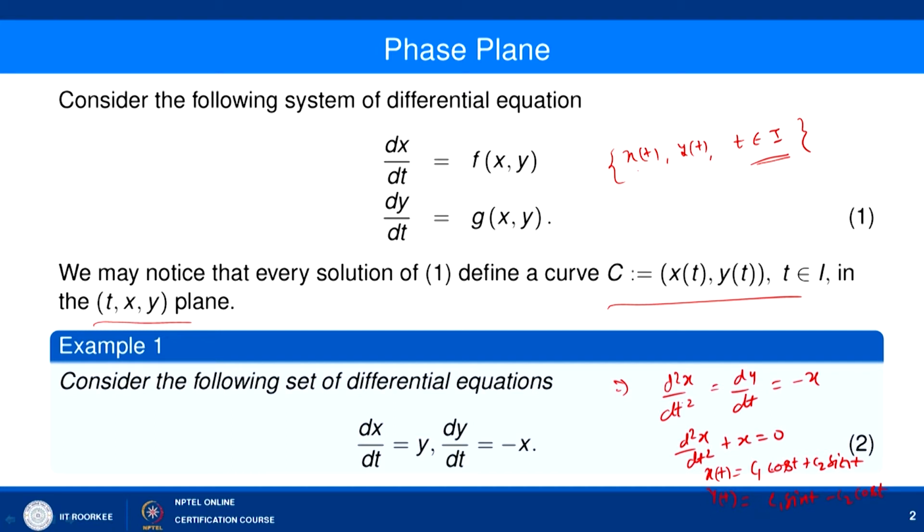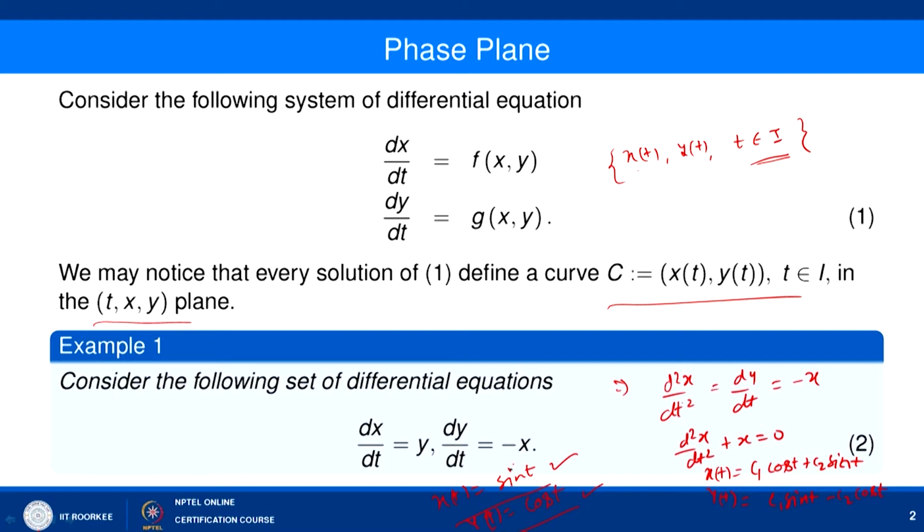So I can take any of the solutions here. In particular I can take x(t) = cos t and y(t) = sin t as one particular solution of this system of differential equations. Or we can take the solution x(t) = sin t and y(t) = cos t if we impose a certain initial condition on this system. So let us take a particular solution of system 2, that is x(t) = sin t and y(t) = cos t. It means that we are putting a certain initial condition along with this.